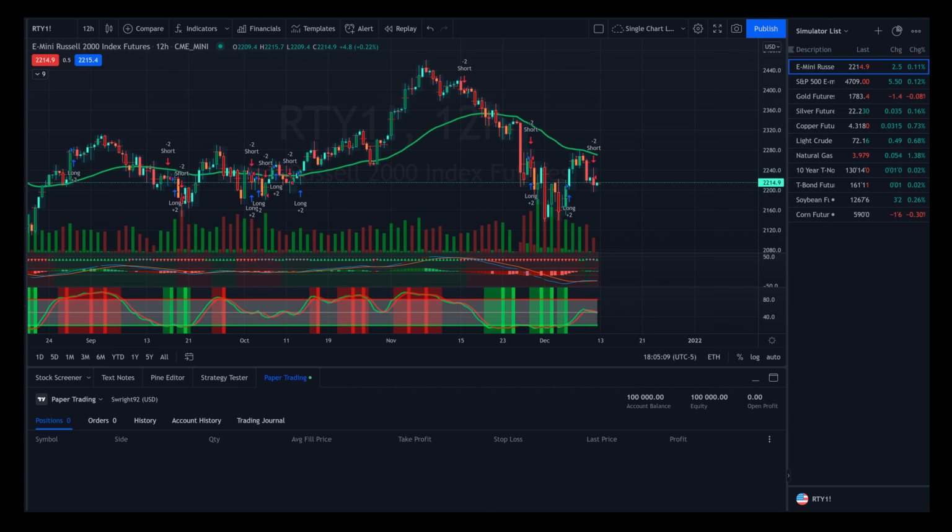And what we're looking at right here is the 12-hour time frame, and I've got a little watch list set up over on the right hand side of the various instruments that I'm going to be paper trading, just completely off of this script as it is right now and whatever modifications that I make to it along the way. So basically the rules for this portfolio are that